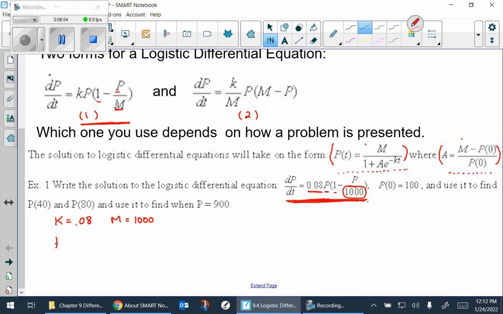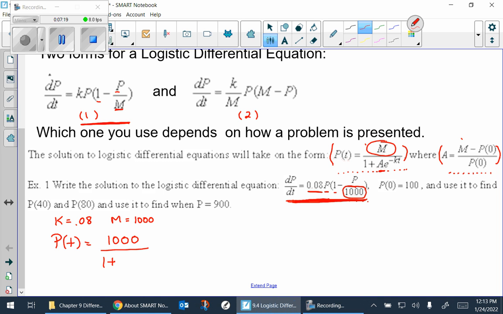I'm going to say that the population at any time is equal to the carrying capacity, which in our case is 1,000, divided by 1 plus,